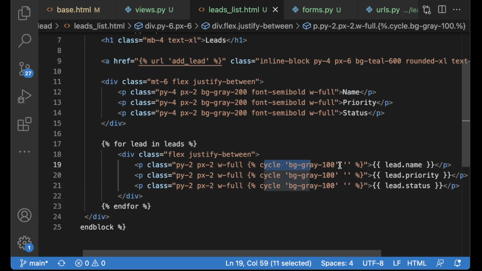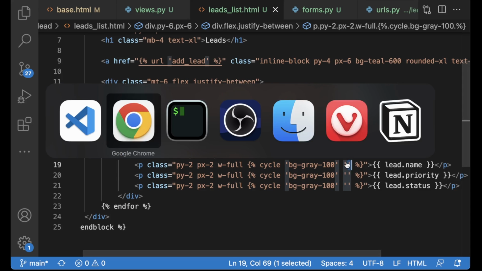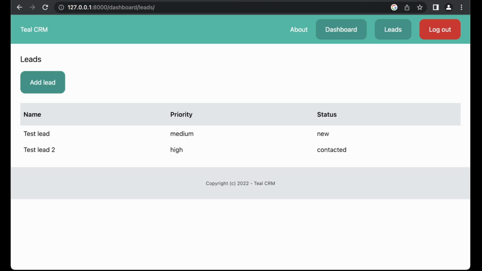So that means that on the index 0 this will show, and then on index 1 this will not have any classes. So refresh, then you will see that the 1 has background, and if there was a third that would also have a background color. Nice.